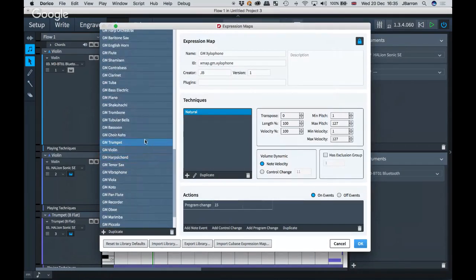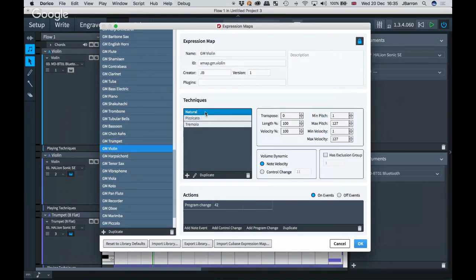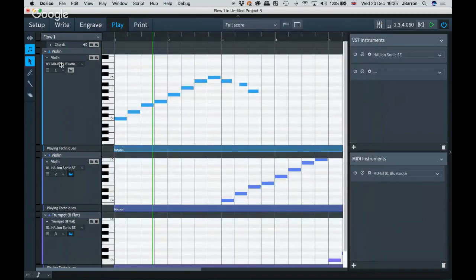Now all this does is, for example, for my violin, I've set the natural to be a program change of 42, which is the general MIDI violin. So there's also pizzicato and tremolo because they also exist in MIDI. So they're different program changes, 47 and 46 respectively. So this means that if I just press OK, for this violin in slot 1, I go down here on